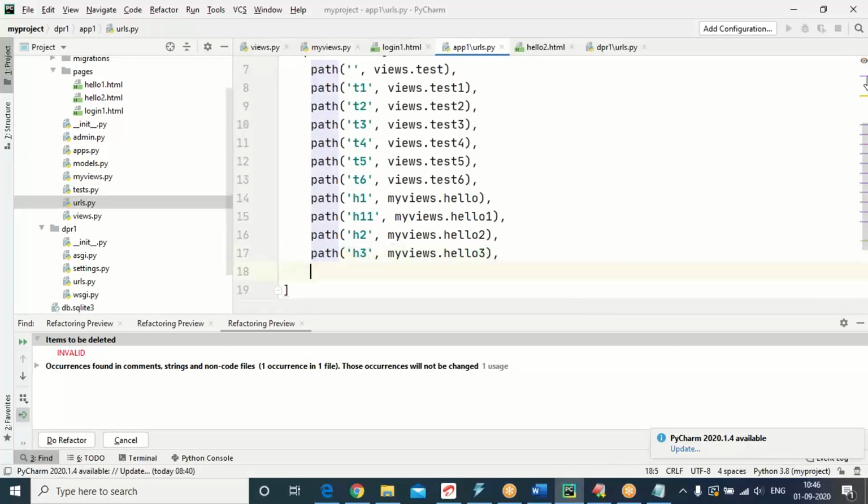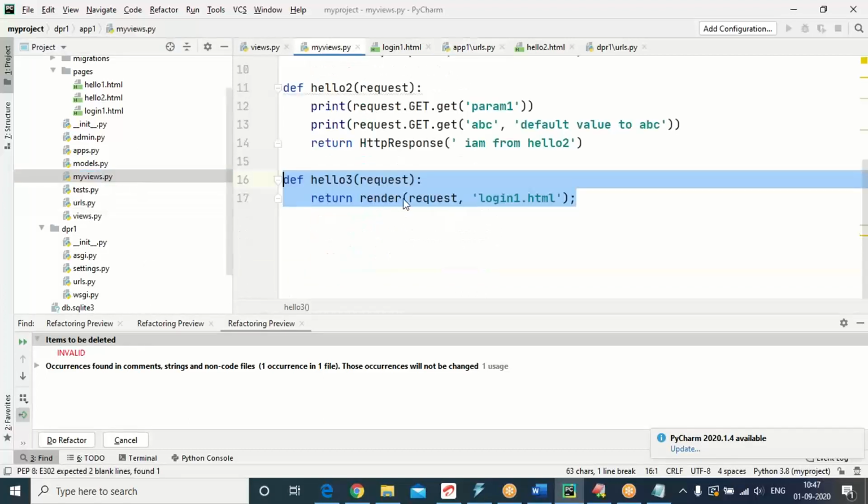Let me go for H4. Hello4. I'm assigning a H4 for the hello4. Try developing hello4 inside my views.